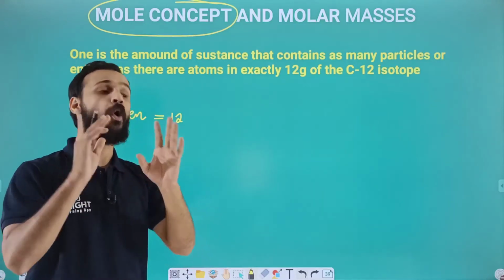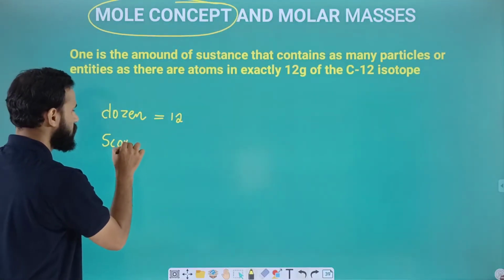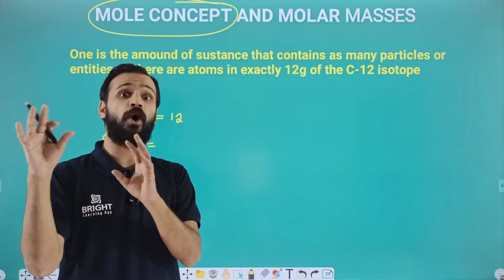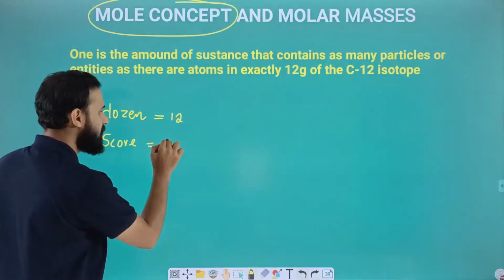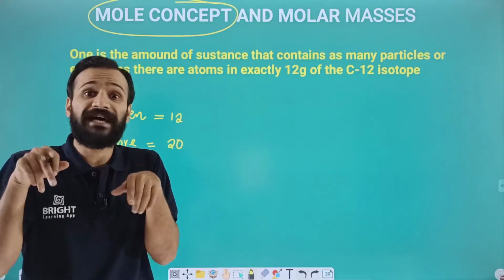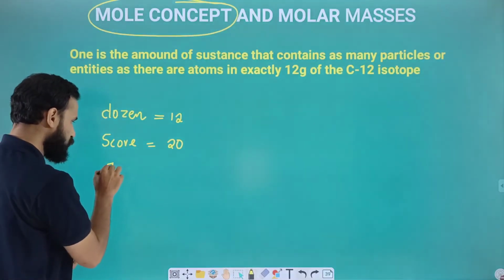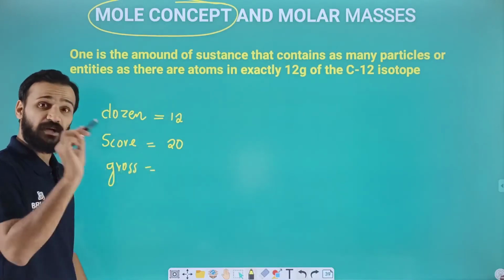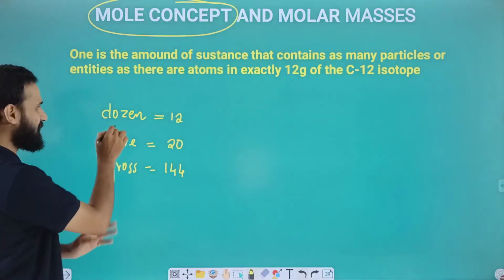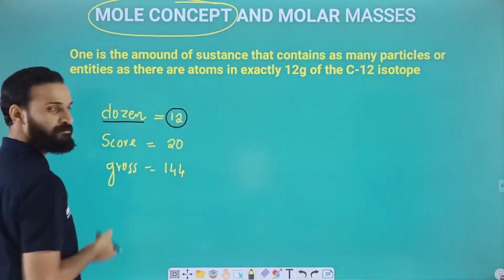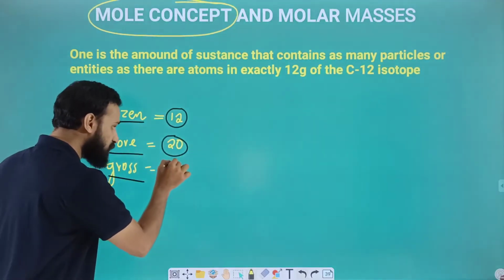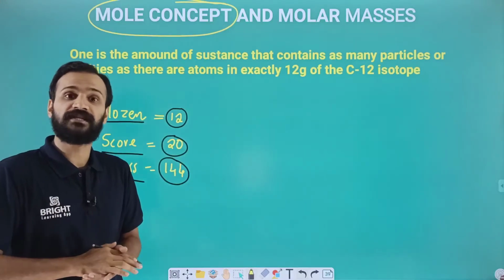Likewise we use score. Not the score in cricket and football. Another usage, score means 20 numbers. And there is another word we use, that is gross. This represents 144. So dear students, like a dozen represents 12 numbers, score represents 20 numbers, gross represents 144 numbers,